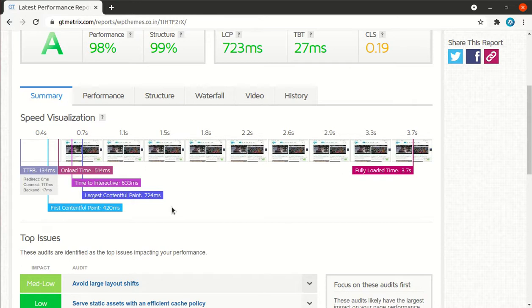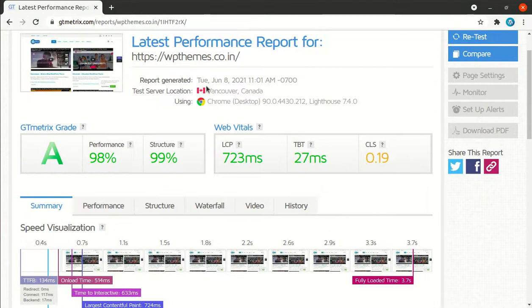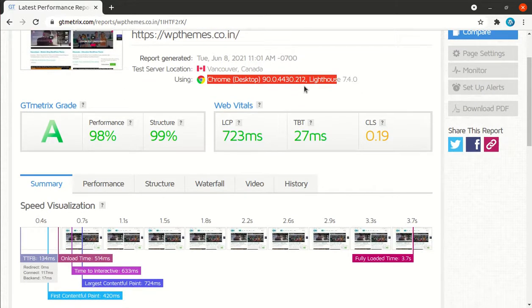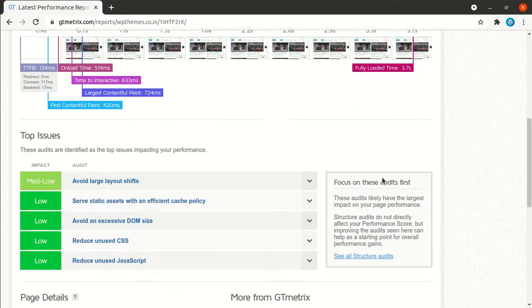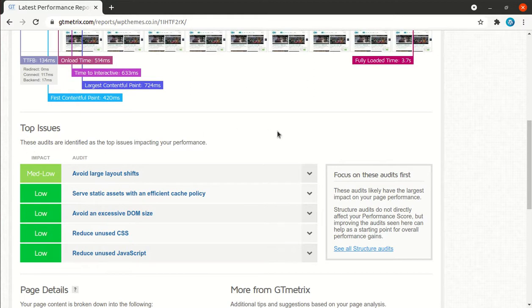You need to understand your report. This is why I am explaining all these things, and without understanding you cannot proceed towards the optimization process. The fully loaded time takes just 3.7 seconds in this test. I just tested this, as I told you a few minutes back, and today is 8th June. Here is the screen telling the top issues.